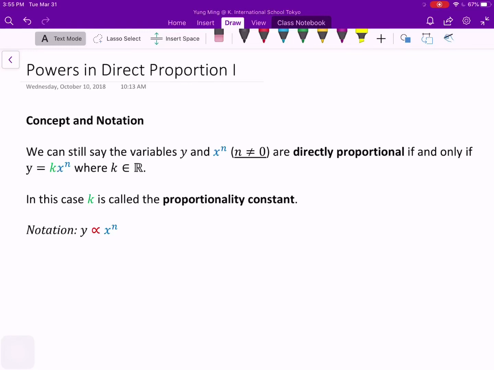Alright guys, welcome back. Today we're going to move on to powers in direct proportion. Yesterday we talked about the direct proportion between x and y. Today we're going to push it a little bit further. We're not going to only compare x and y, we're also going to compare y and x to the power